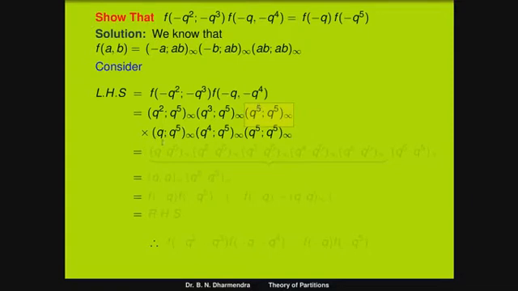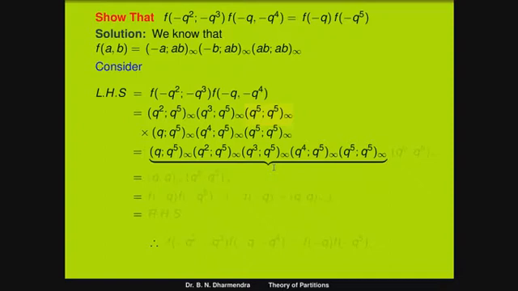Here the first term is q, the second term is q^2, third term is q^3, q^4, q^5. So overall, after grouping the terms, it can be written as (q; q)∞. If the last power is 2, the first term becomes (q^2; q^2)∞, in terms of increasing order. The base is always the same. The base is q to the power of 2. If it is 3, the power of q is 3. That is the very first term (q^3; q^3)∞, the next term is q to the power of 3.